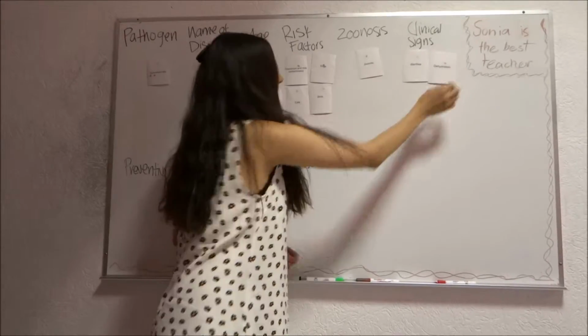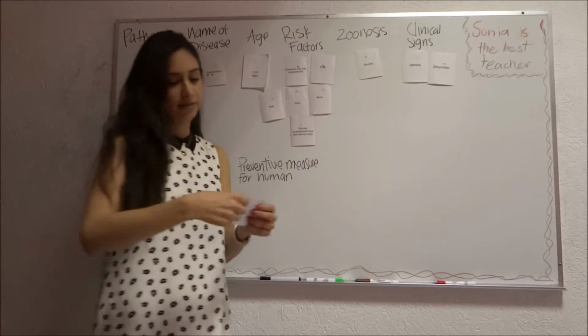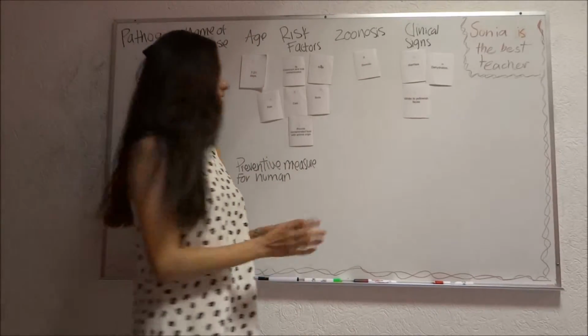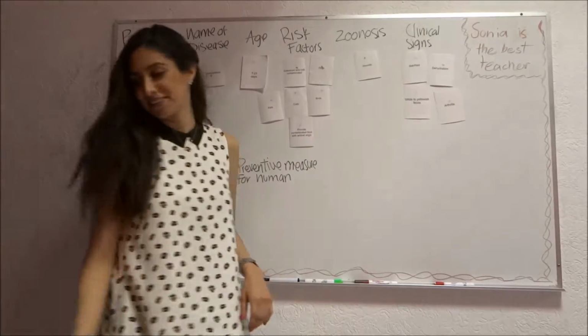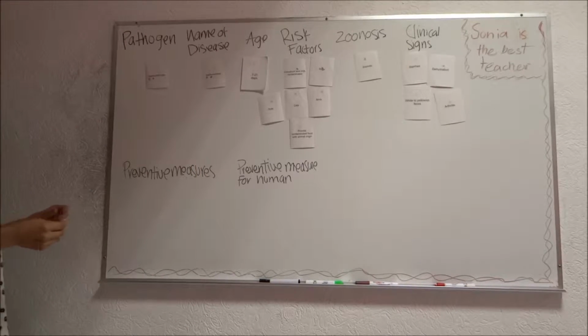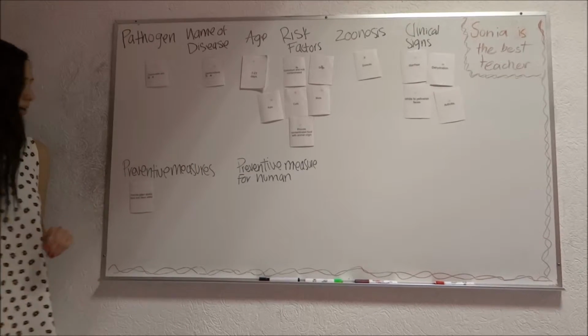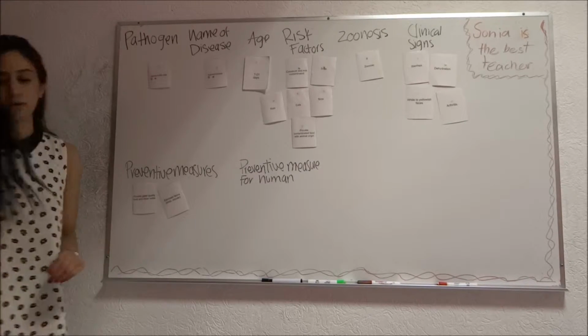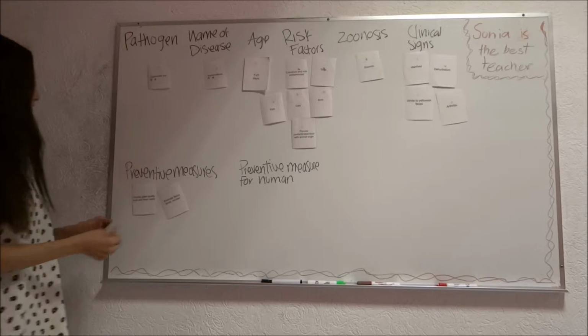dehydration, white to yellow feces, arthritis, and preventive measures are providing good quality food and clean water, eliminate fauna, birds, mice, vaccination